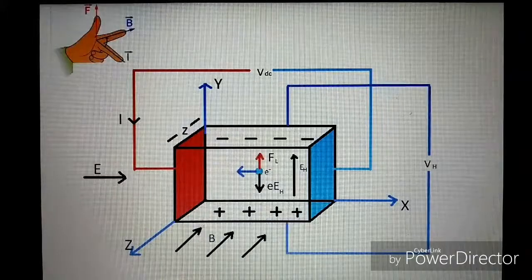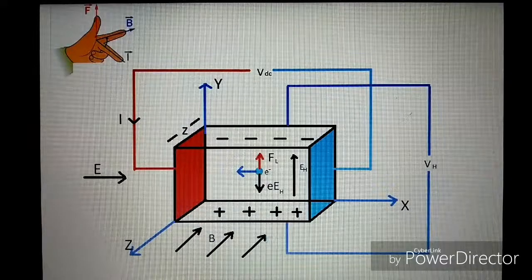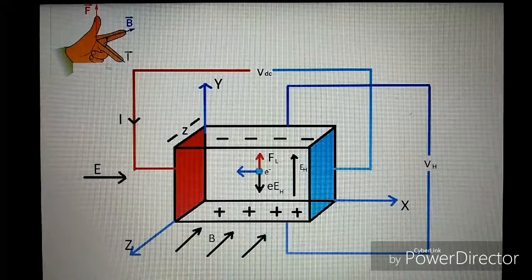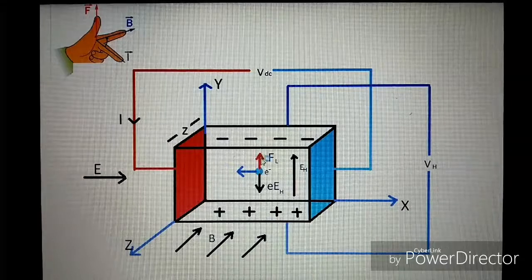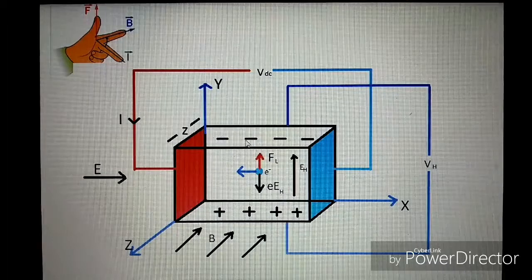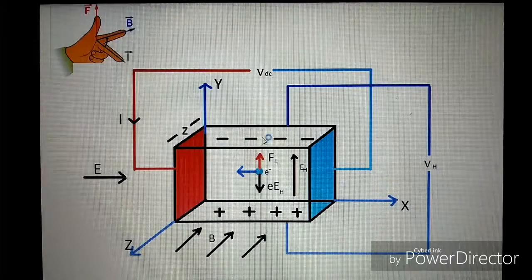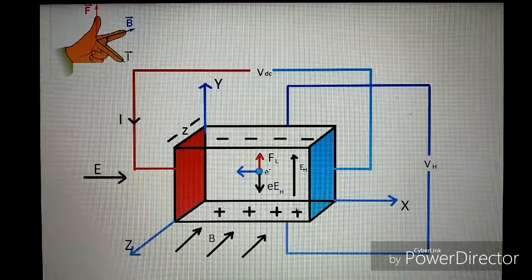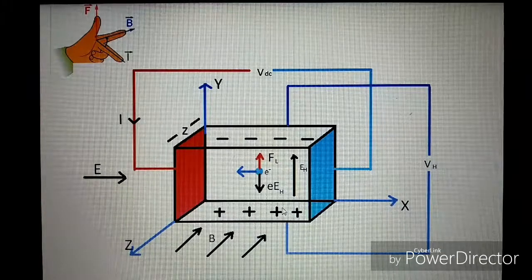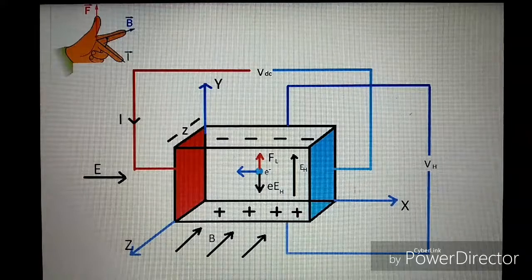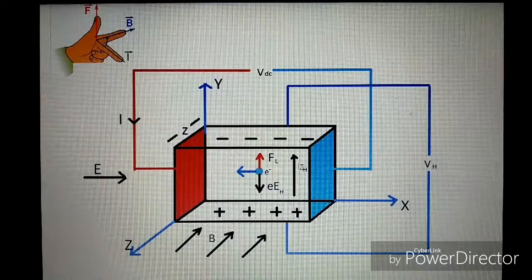When the magnetic field is introduced along the negative z direction, using Fleming's left hand rule, we can see that the Lorentz force Fl causes the electrons to bend upward. As a result, electrons will get accumulated on the upper surface, which will produce a net negative charge there. Simultaneously, a net positive charge will also appear on the lower surface due to the lack of the electrons. This combination of positive and negative charge surface creates an upward electric field.